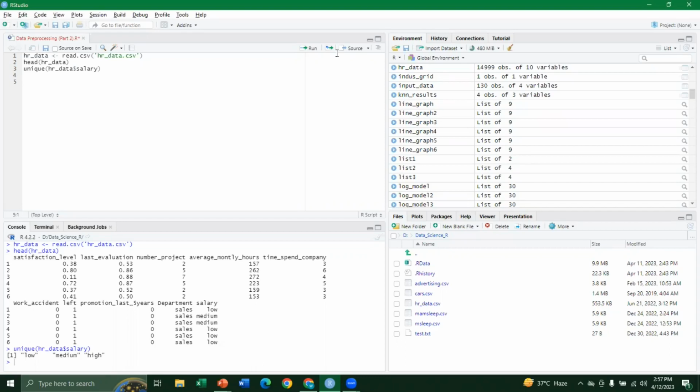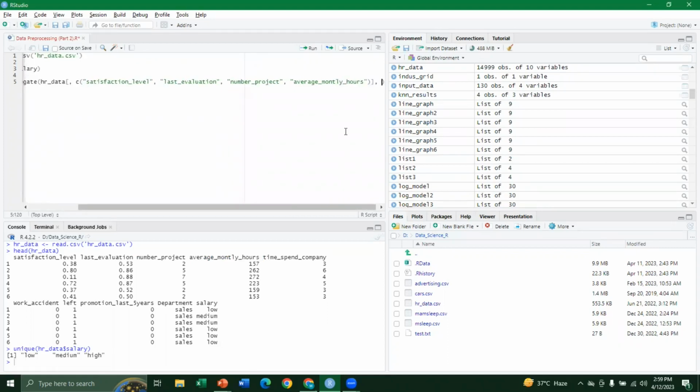So first I will say mean cell, and inside it I use the aggregate function, and I say take the HR dataset, all right, and take all the rows, and here I will use the combine function, and I say take the column of satisfaction level and take the column of last evaluation, and take the variable of number of projects, and take the average monthly hours,